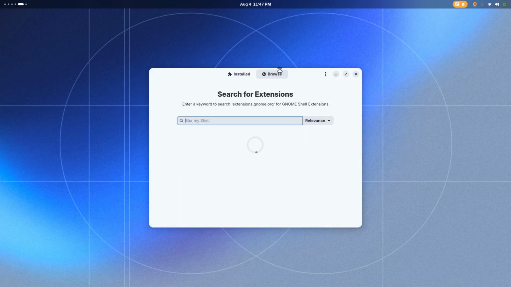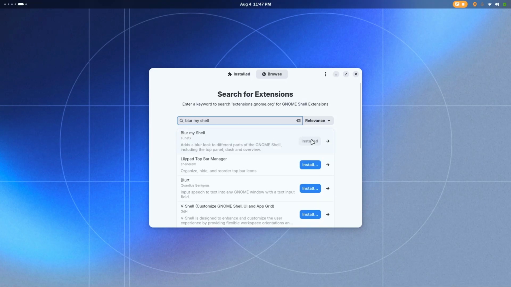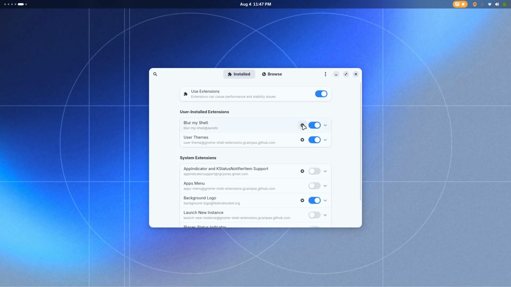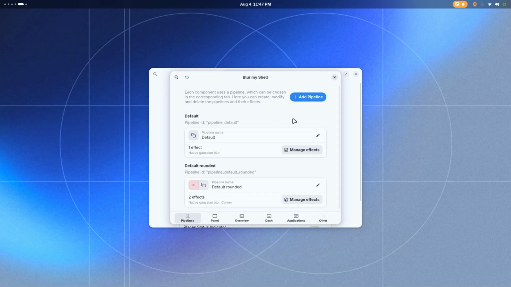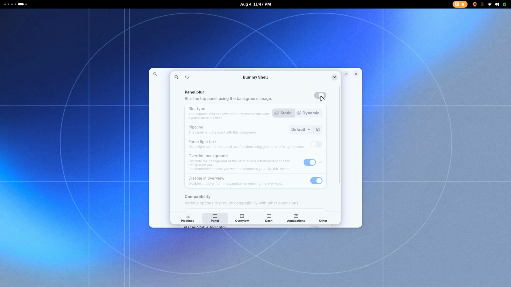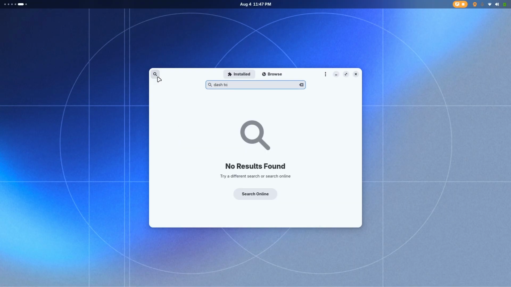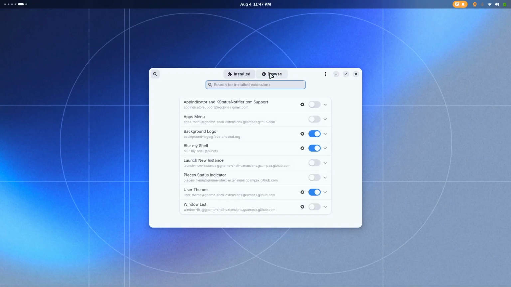You're gonna go to browse and first enable user theme, and then install Blur My Shell from there. Now all you need to do is just go to the Blur My Shell, go to the panel, and turn it to static, or if you want it, then just enable it, and if you don't like it, then just